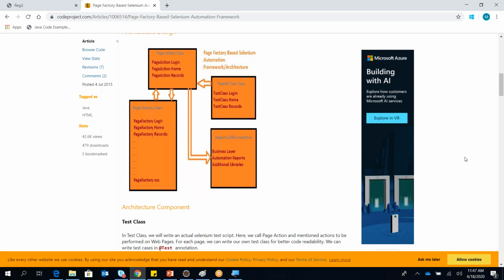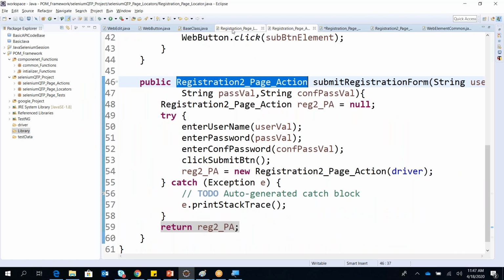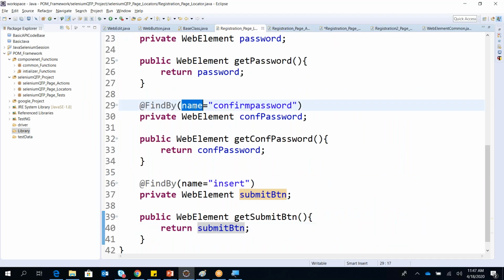Next question is, how we can do it using XPath. So if you go back to your code, let me go to my locator. Instead of name, you just mention your XPath here.